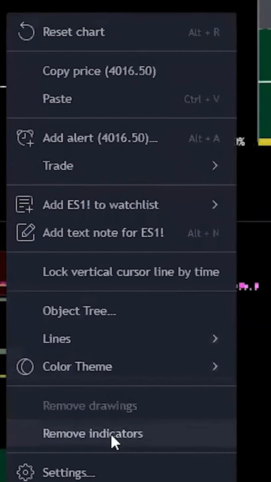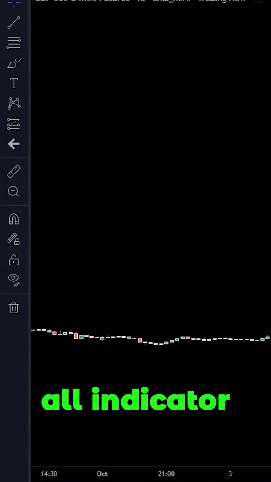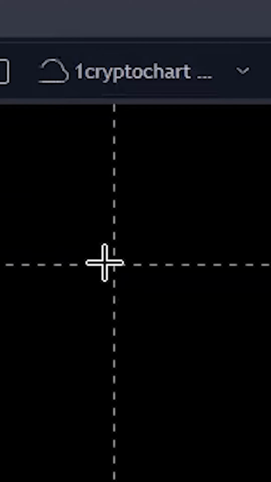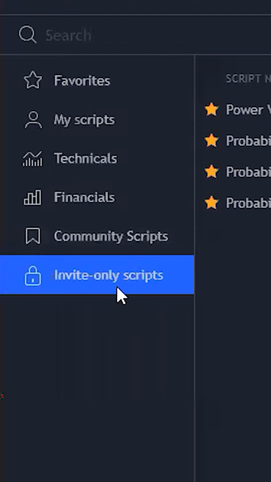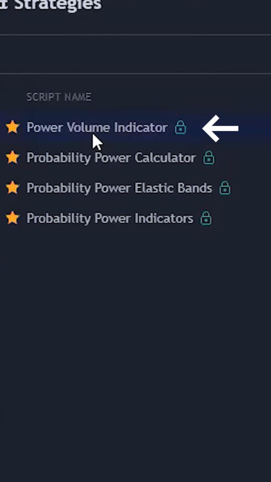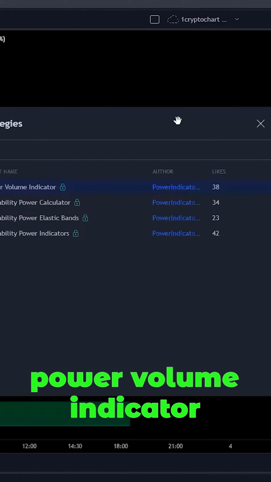versions, right click, remove all indicators. You have a blank chart. Save that here on the cloud. Just to see the cloud moving, boom. Now, easy, go to My Indicator, Invite Only, click one time on the Probability Power Volume Indicator for net buyer,